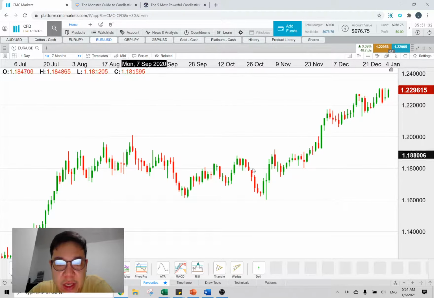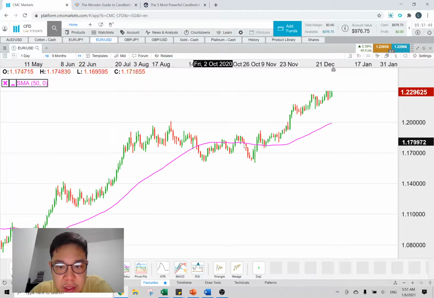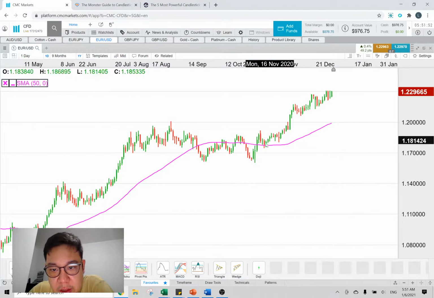So you see when it's going up, from here it moves up, so this one is also up, right? And then when it's sideways, it's lagging, right, because it's past 50 days, so you can tell that over this part it's sideways. Then after that it moved up, so it follows, and then you see it averages out. Okay, maybe I scroll in a bit, so it's a bit choppy, then it's sideways, then down, and then sideways again.